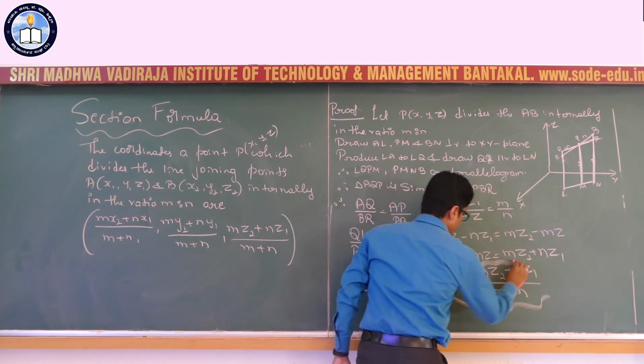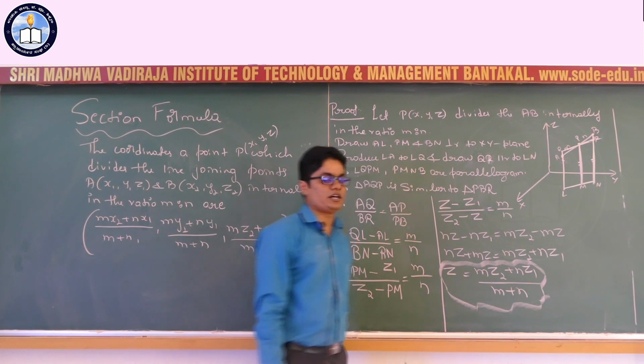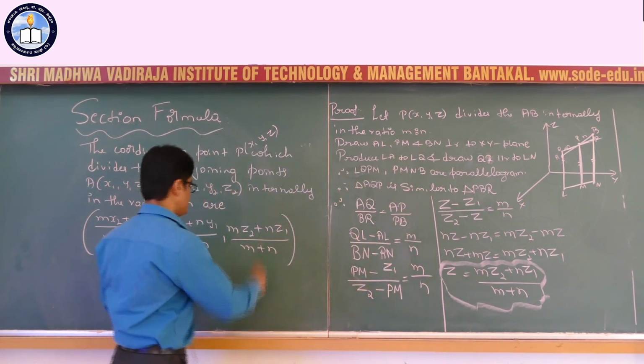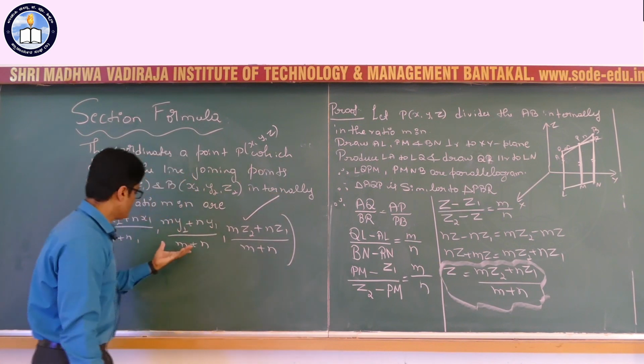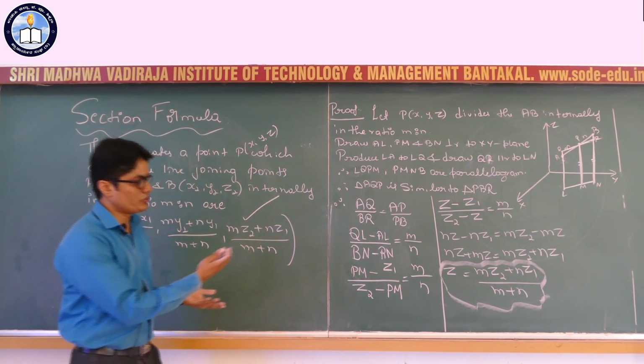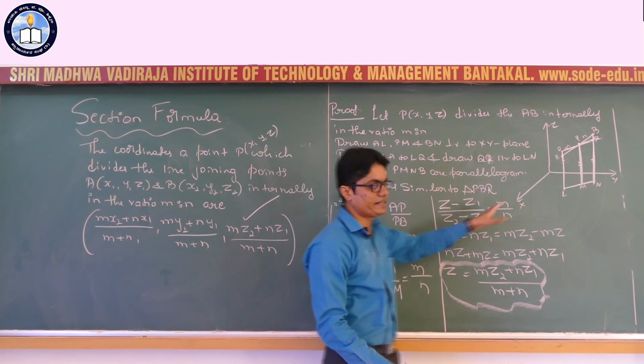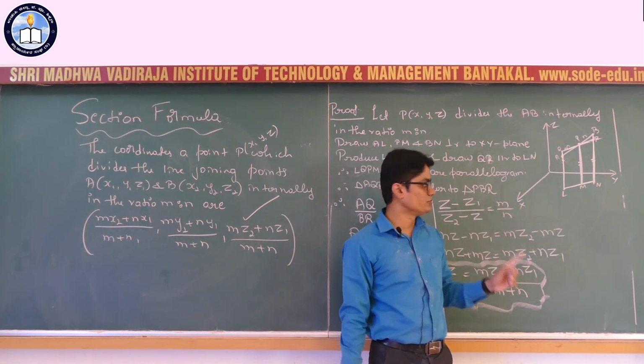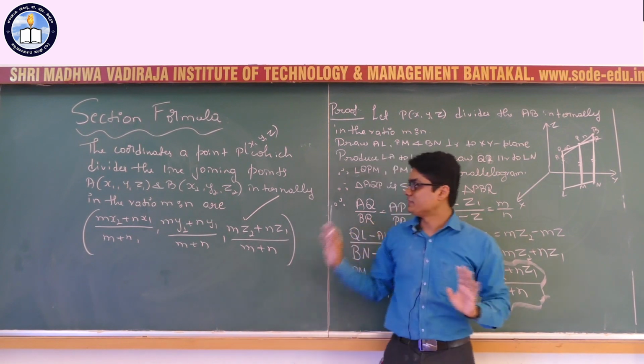I told you in the beginning that I'm going to show you how to get the z coordinate, and we got it. So what to do with this? Anyway, you are not going to prove the others, because if you try to get x and y it becomes a 15 mark problem and you don't have such questions. You will only get this for 5 marks, and this is it.